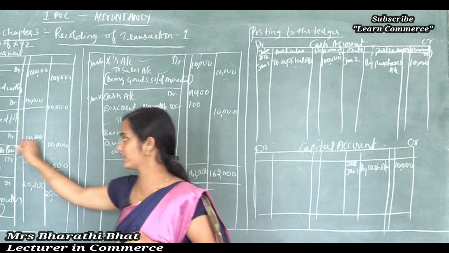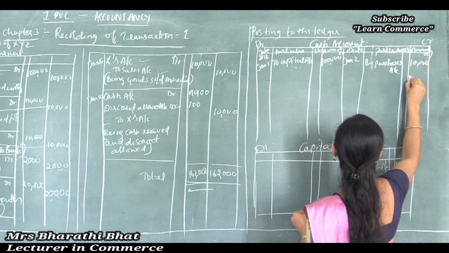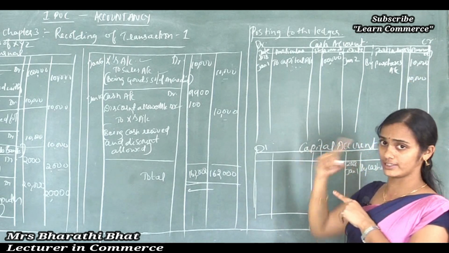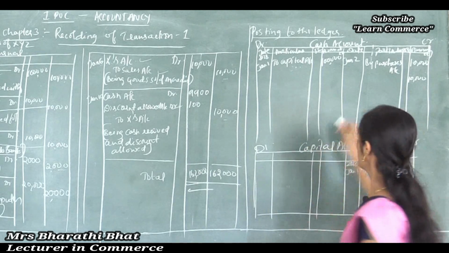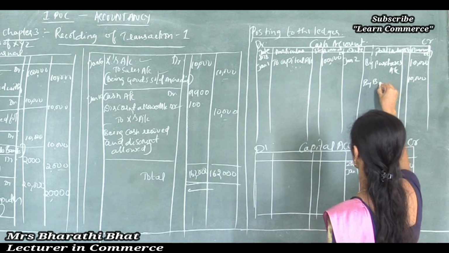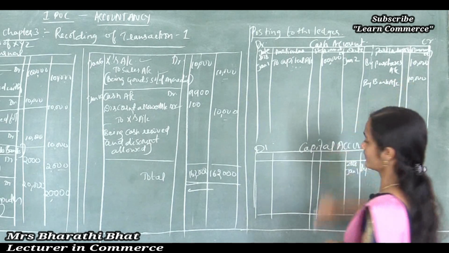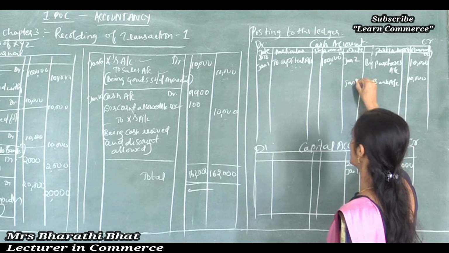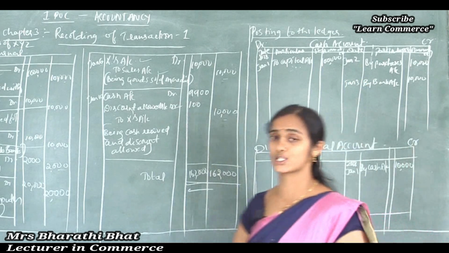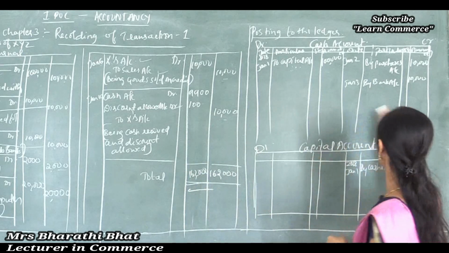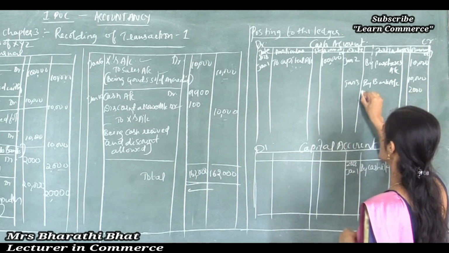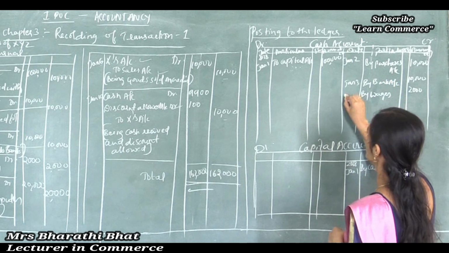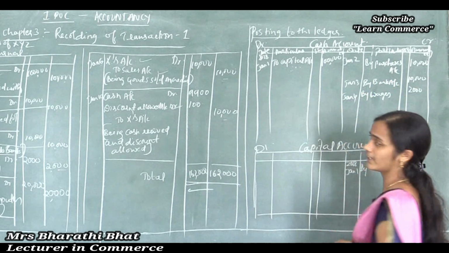Here cash account showing credit value. So just write 10,000 under the credit side of the account, and near to cash account, which account is there? Bank. So by bank account. By bank account, transaction date January 3, and next one wages to cash, again cash showing credit value 2,000, so it is credited by wages account. January 4 is the transaction date.